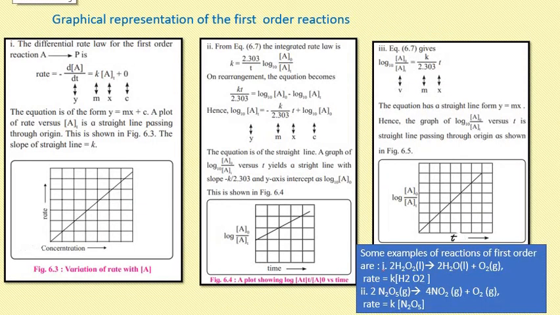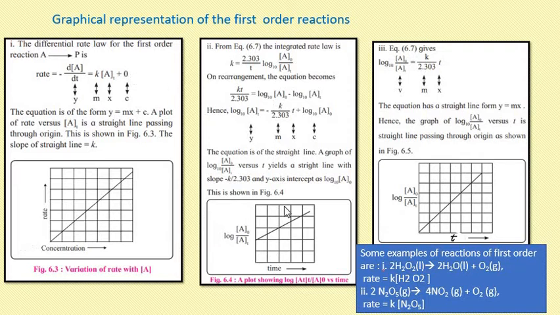Now these are the graphical representations of a first order reaction. We all know when we are plotting a graph for the equation y equals mx plus c, if the value of c is 0, the graph will be a straight line coming from the origin. And if the value of c is something else, it will not start from 0. Similarly, if we are talking about the graph plotted between the rate and concentration, you would be getting a straight line originating from the origin, because we got the c value from this equation as 0.